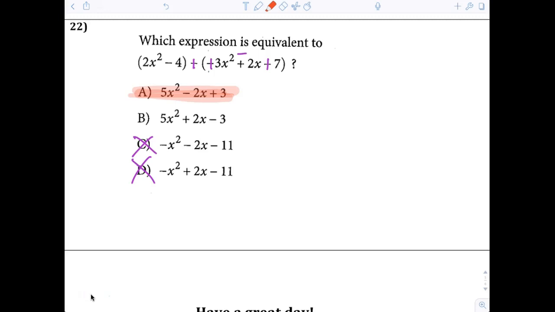Okay, now let's talk real quick about the problem that some